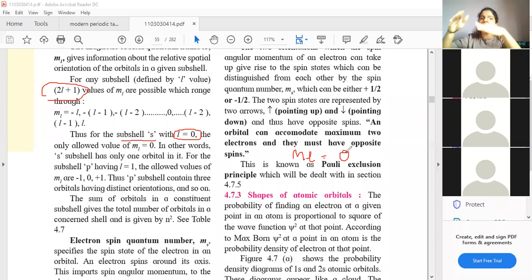So we start from 0, then we go to the positive and negative parts. Like for the P subshell, we get 3 values for ML, right? First we write 0, then -1 and +1, total 3 values. Similarly for S, we get 1 after solving with this formula. So in my range only one value is going to be there, and obviously the first one that we write is 0. So please don't get confused. For others it is not a problem, but for the S subshell the tendency is that students will just write 1 in front of ML, which is wrong.